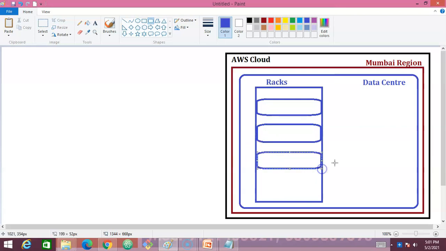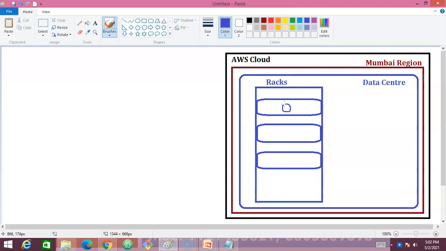launch a server in AWS, what actually happens is, with the help of hypervisor technology, on any one of these servers a Linux server is going to be created. In the previous video, we launched one Linux server with the name first EC2 instance. That instance got created somewhere here. This is the instance that we created. So this is what actually happens whenever you try to launch any Linux server.